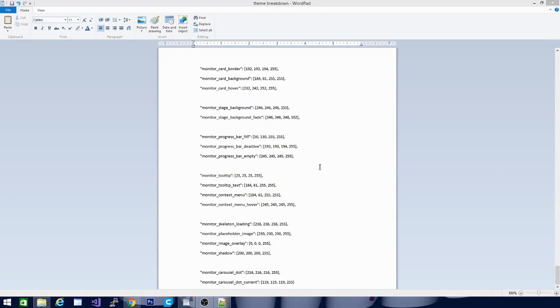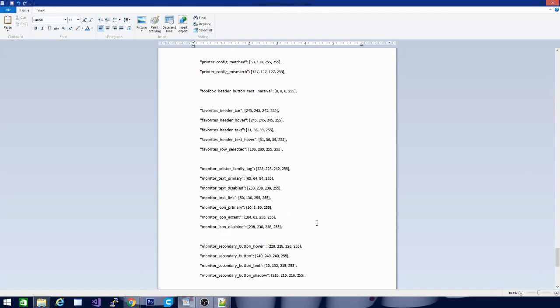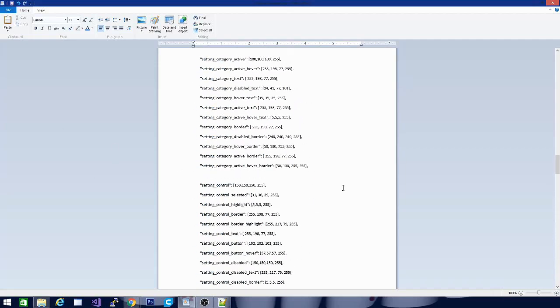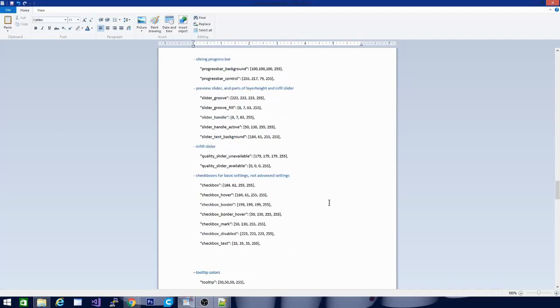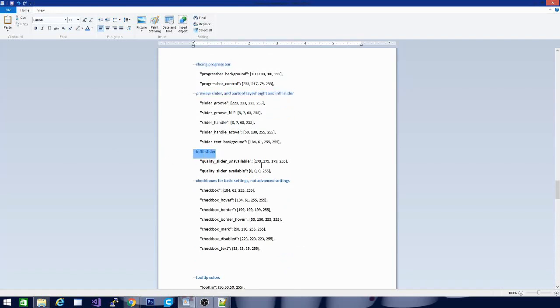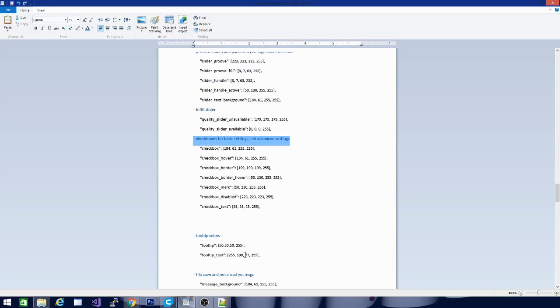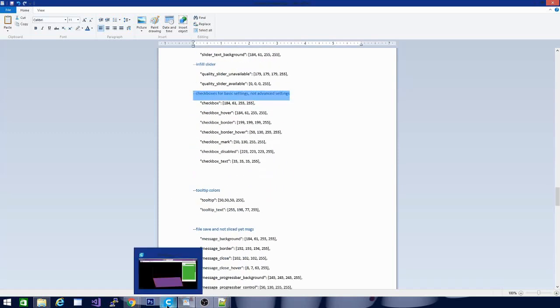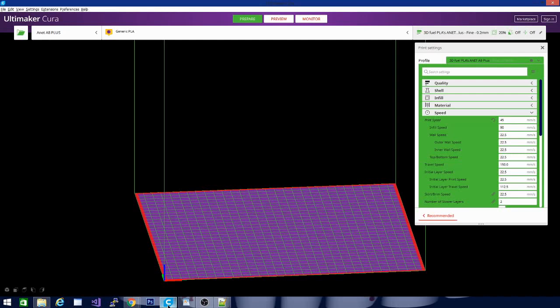Like I said, it's really handy to keep track of all of your changes, or at least keep track of your colors, and kind of create a separate version. The reason I have this version in WordPad and not in there is because I have it saved as another file, because I don't want to confuse it with any of my JSON files, because you can't comment in JSON, so this will screw up the processing and it'll make Cura not work. But I wanted to have a file that I could refer to and kind of get what I needed out of it. So let's look one last time